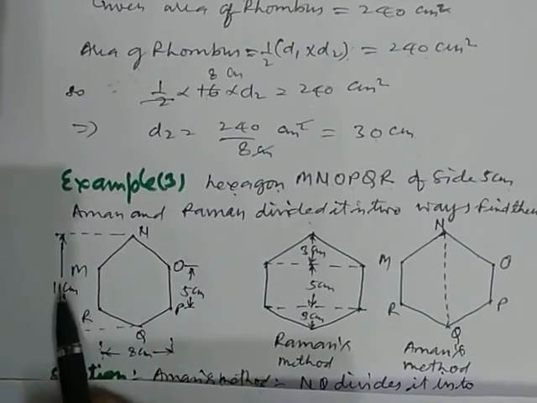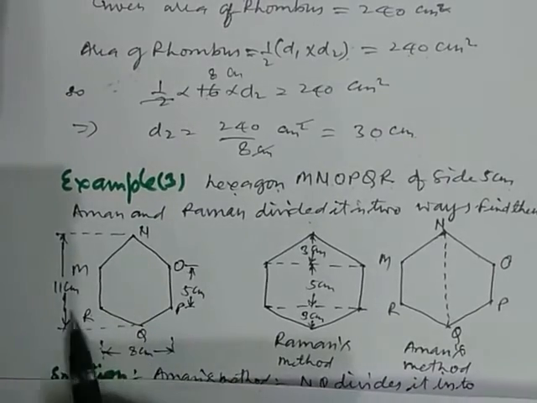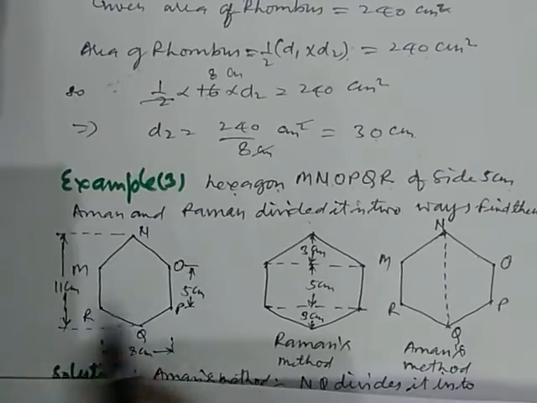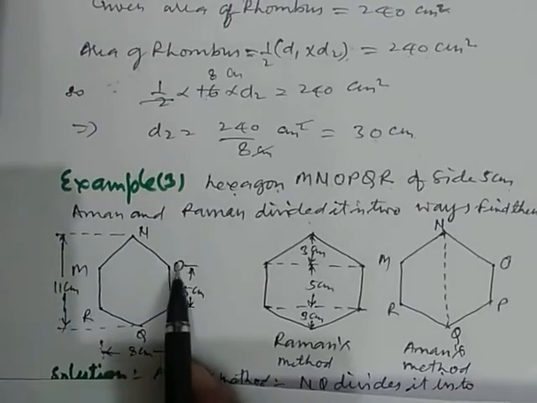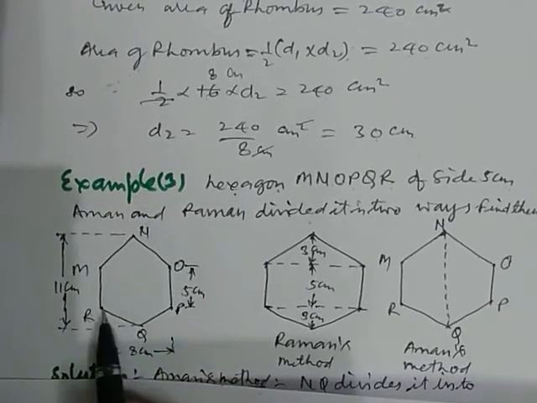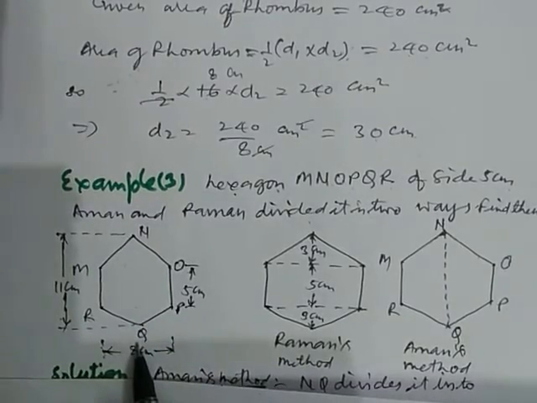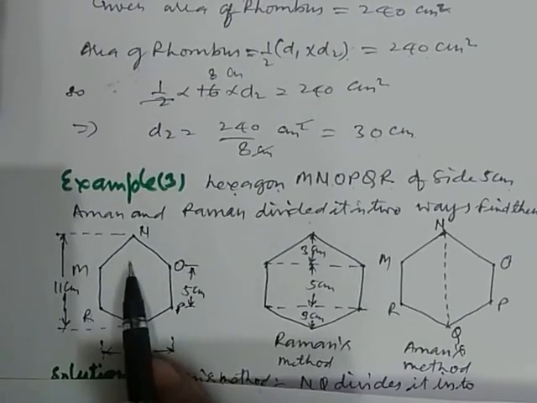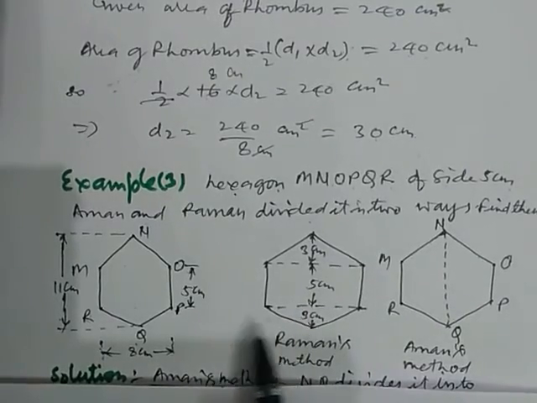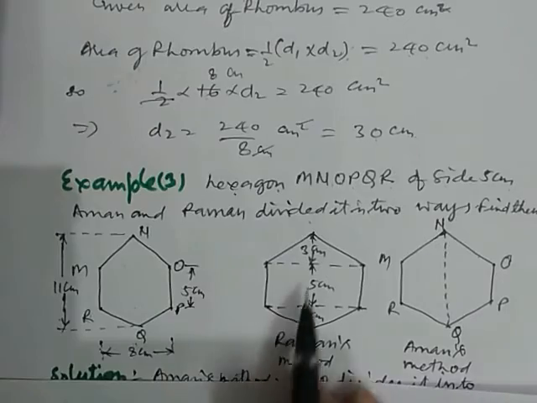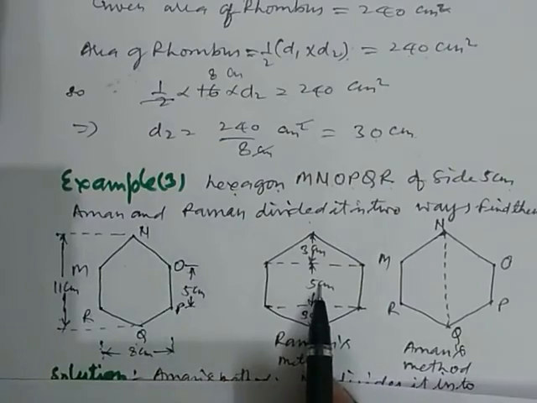And this information is also available to us. This and this point have a distance of 11 centimeter. This is 5 centimeter and this is 8 centimeter, given to us. Now this is 5, so by dividing, the upper part is 3 centimeter and this is 3 centimeter, because 11 minus 5 is 6 and half of that is 3 and 3. So we can mark it like this. So one way, Raman used this method: break this into these two triangles and one rectangle.